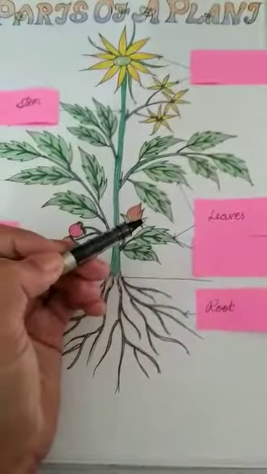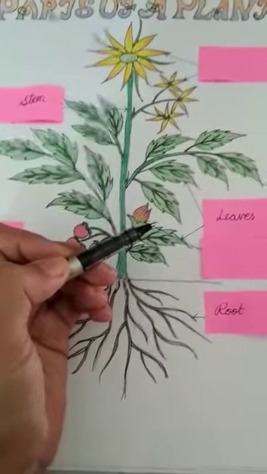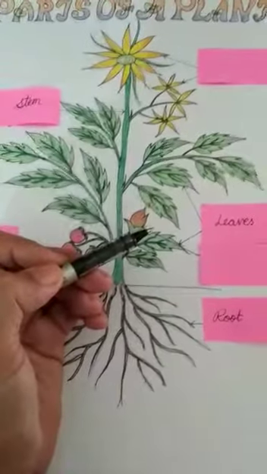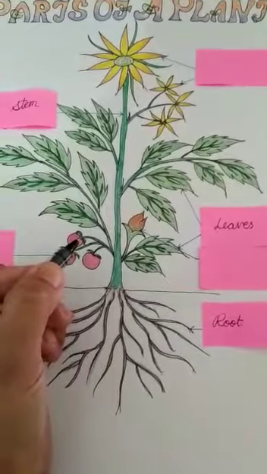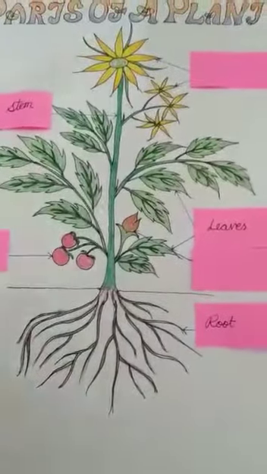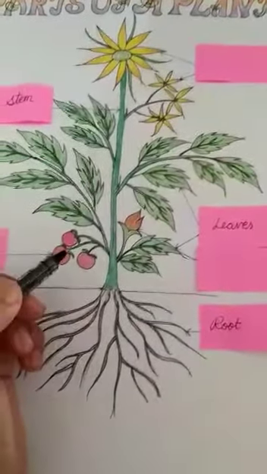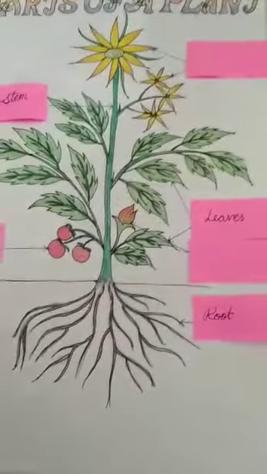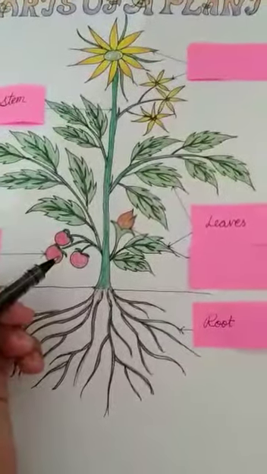Generally, the leaves absorb sunlight. These trap sunlight from the sun, and with the help of sunlight, these convert carbon dioxide and water into food. That food is known as glucose. It means the leaf is a very important part of the plant because it performs the function of photosynthesis, means it makes food for the plant. And one more function that leaves perform is the storage of food like the stem and roots. Leaves also store food in some plants like spinach and mint.